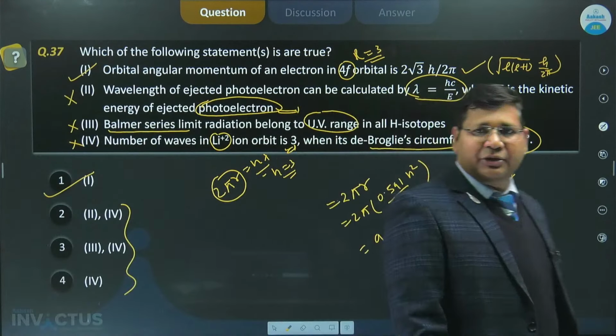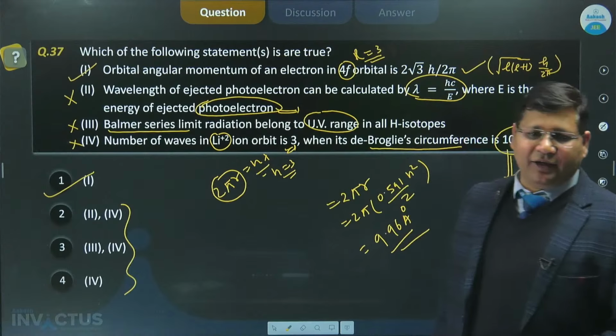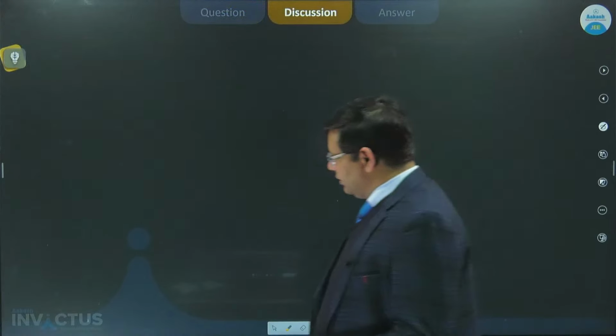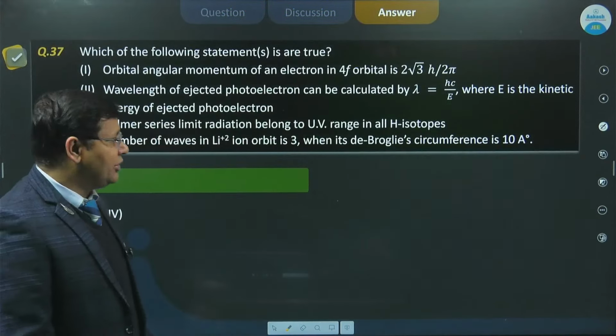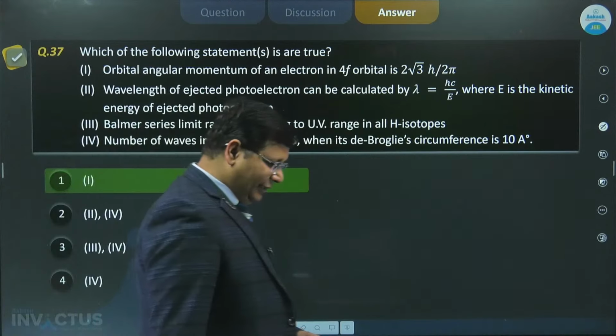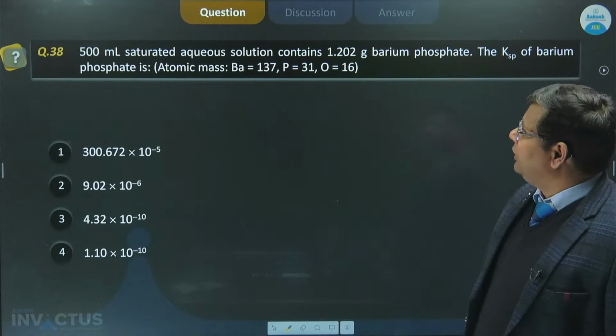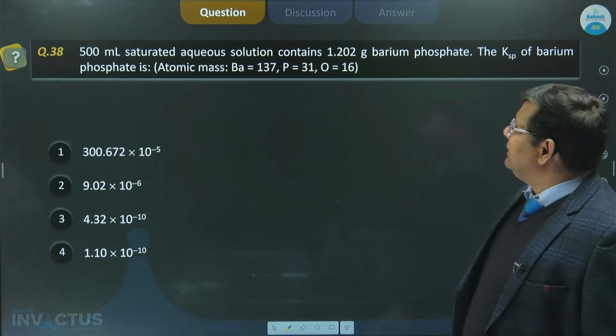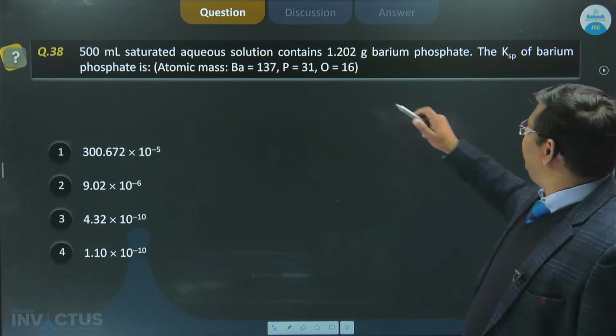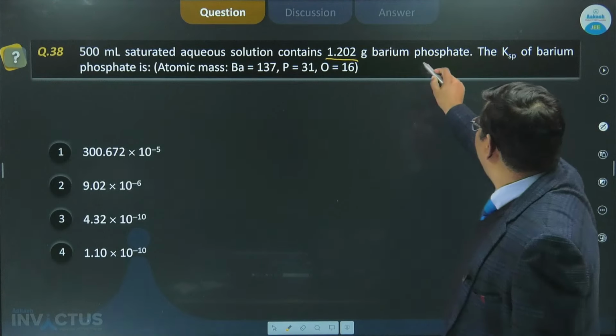ठीक है बच्चों, तो मिस्टेक इसमें अपने आइडेंटिफाई कर ली होगी सबने। तो नाउ लेट्स चेक द आंसर ऑफ दिस क्वेश्चन। 1 is correct answer. Okay, so next, move to the next question. 500 ml saturated aqueous solution contains 1.202 g बेरियम फॉस्फेट।